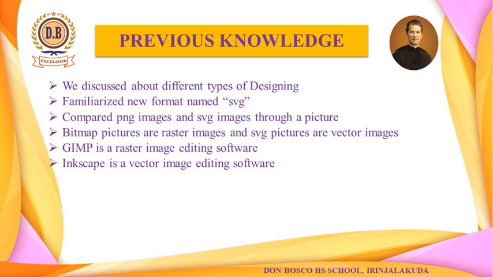What are pixels? Pixels are small squares that are filled with color. How can we draw a picture in computer? By arranging the pixels in a form. That means if we want a letter R, we will arrange these pixels according to the shape of R. In that way we are drawing pictures in computer, right?